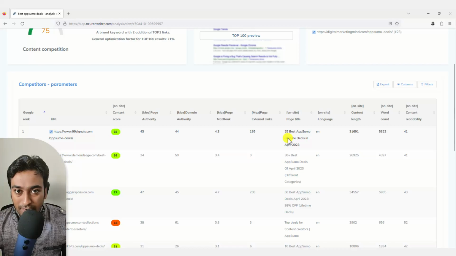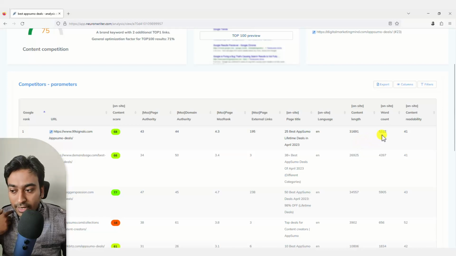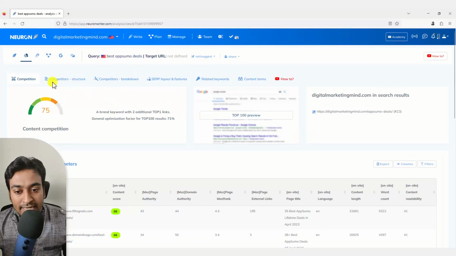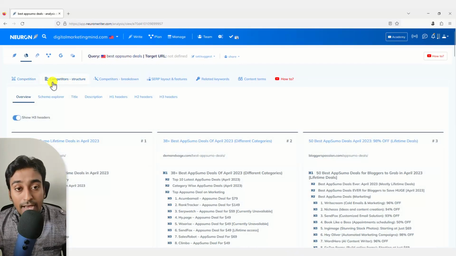It will also show you a meta description and meta page title. This might not be easy for you to read, but the same data is shown on a different screen as well. It will show you the total number of words, the content length. The content length shows the characters as well as the words, and the readability of that particular content piece. Those data you can export, manage the visibility of columns, and filter if you want. The next tab is called competitor and structure.